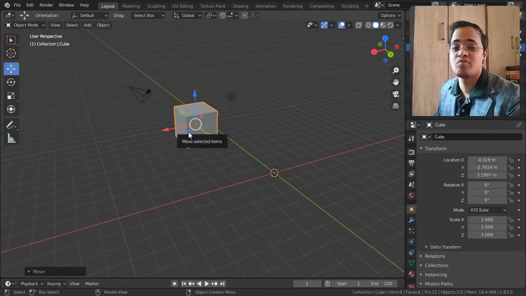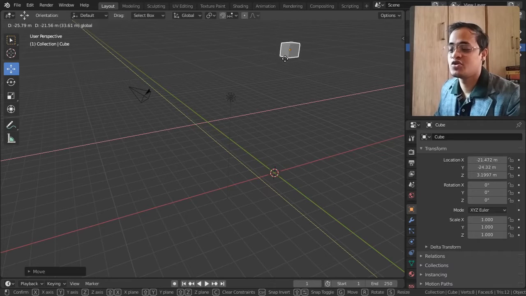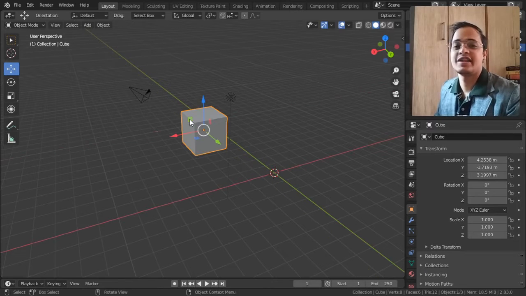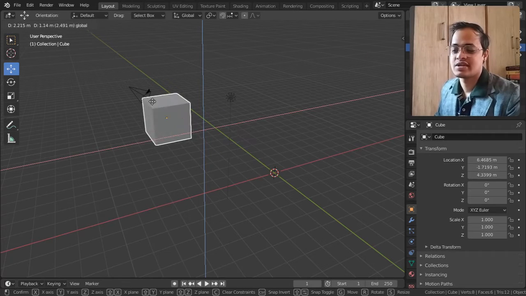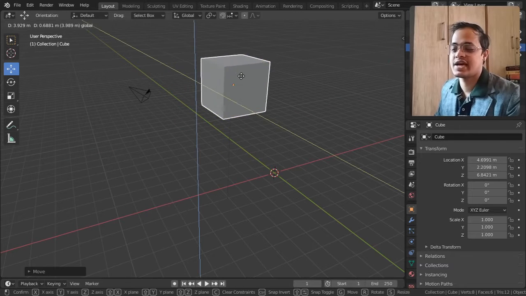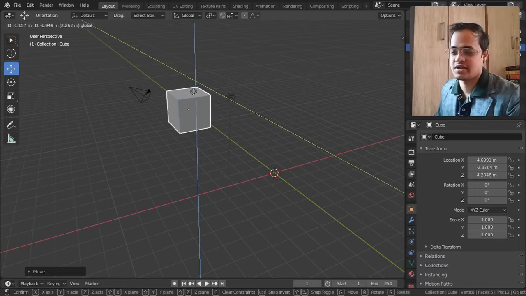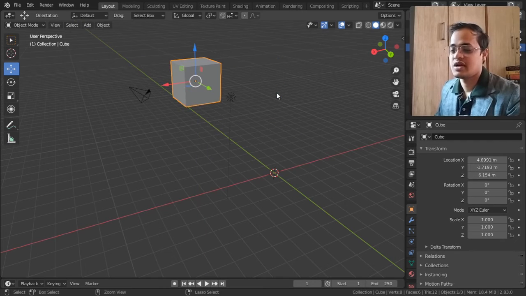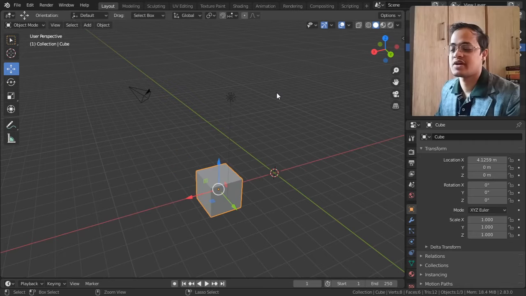And what it does is actually, let me show you with an example. I'm holding that blue box and you can move the cube in the Z plane, which is nothing but the XY plane. And the same thing happens with the Y box, and the same thing happens with the red X plane. Let me Control Z it a couple of times.